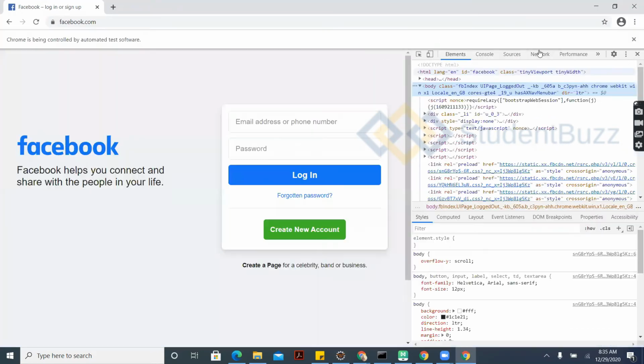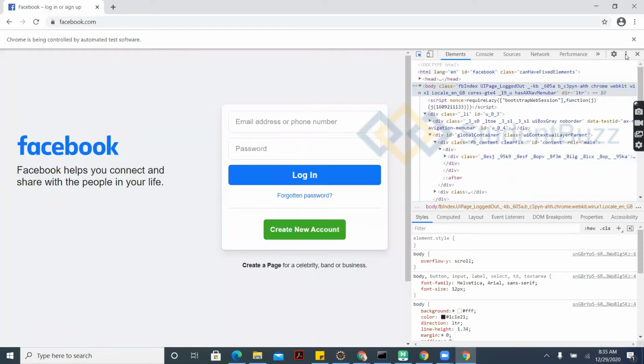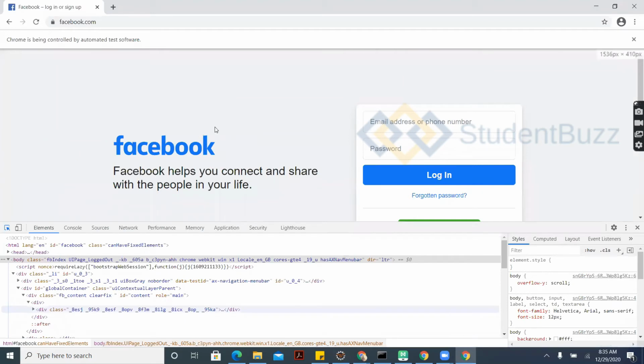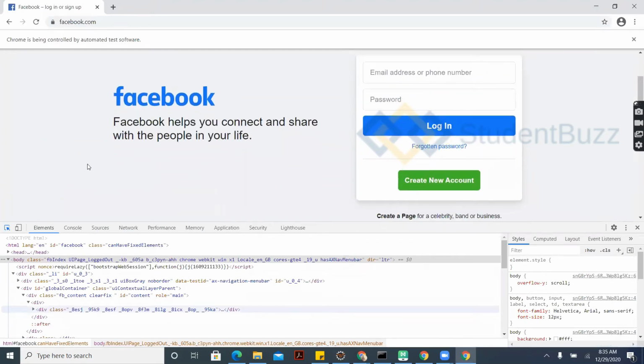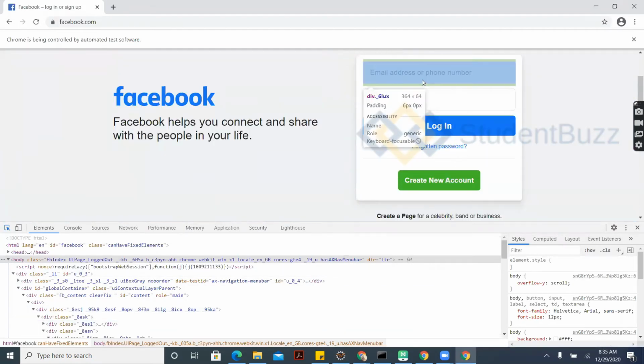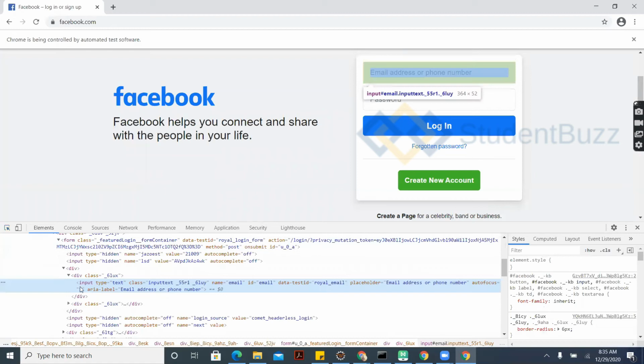So we can call these properties as well as attributes of this particular element. I'll show you what an attribute is and how it works. This is an input box. The tag name is input and the property is type. We also call it the attribute type. Attribute or property, we can call it, and attribute value or property value.